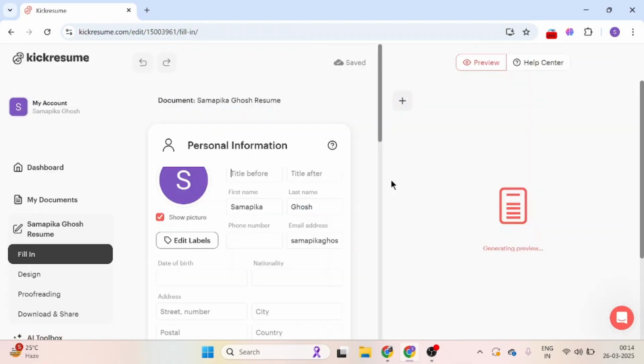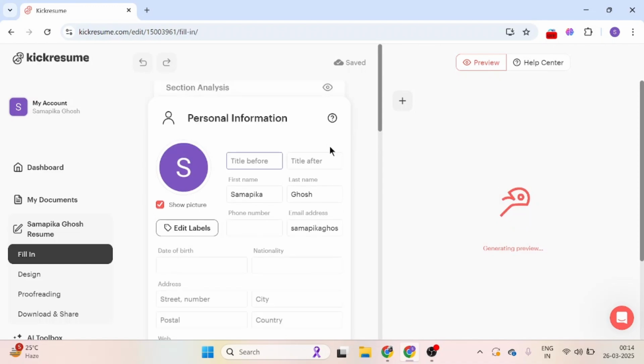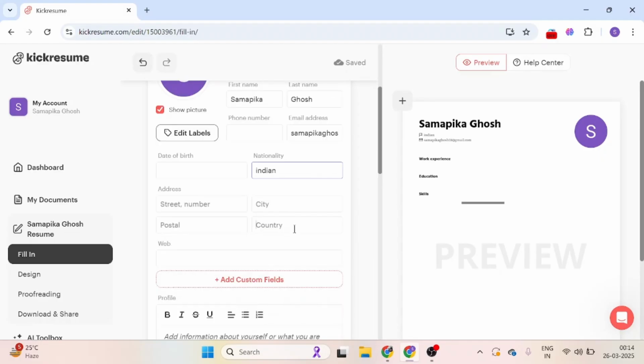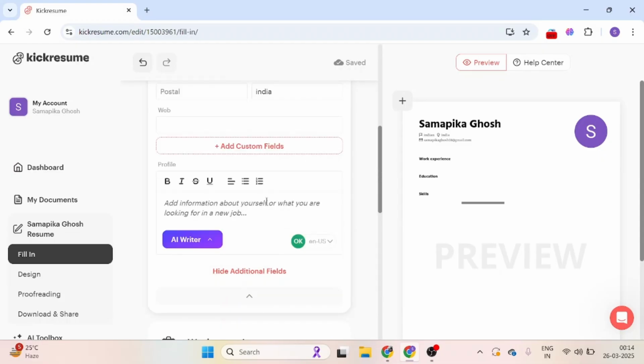First, add your personal information. That is your first name, last name, phone number, email address, nationality, date of birth, address, country, and any website link that you have. Now, you can add information about yourself or what you are looking into for a new